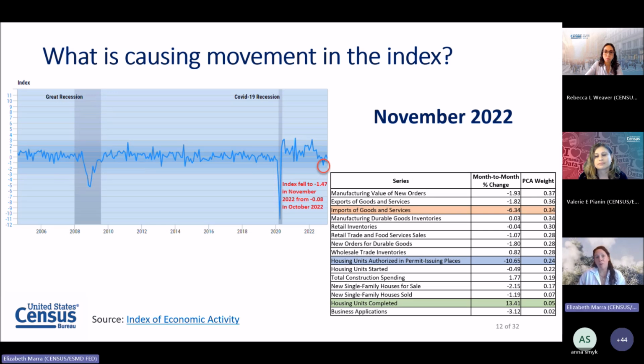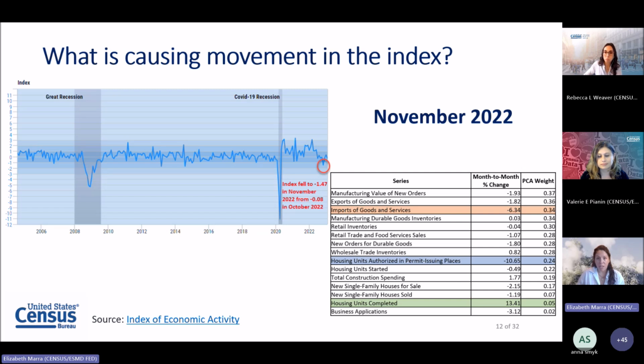So let's talk a little bit more about what causes movement in the index. We can't control the economy, right? The index is going to go where it may. But specifically, I want to focus on a few of the series from November of 2022. You can see there I have the 15 series listed right here, ranked by their PCA weights in this column here. I've highlighted the 3 series that had the largest changes that month. And on the graph there, you can see that the index dropped from negative 0.08 in October to negative 1.47